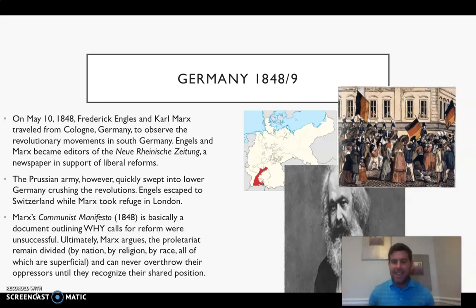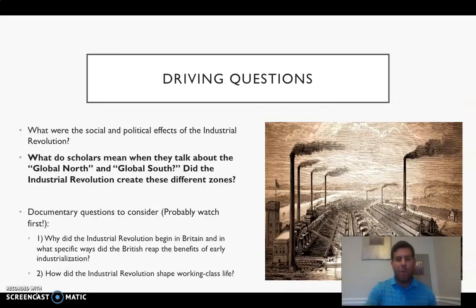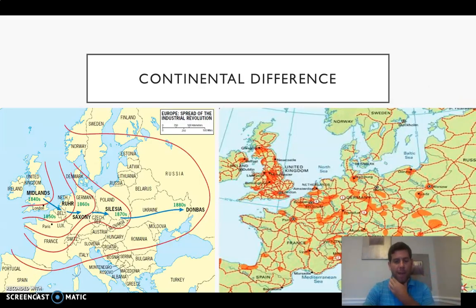This is not the society that Marx would have wanted to create. He's dead by the time that these revolutions begin. So when you read Marx, you have to kind of erase your mind of the red propaganda that was created in the United States during the 1950s and the McCarthy trials, right? We're not talking about communism in its Russian or USSR sense. We're talking about Marxism as described by Karl Marx himself. So try to keep a clear mind when you're reading those pieces.